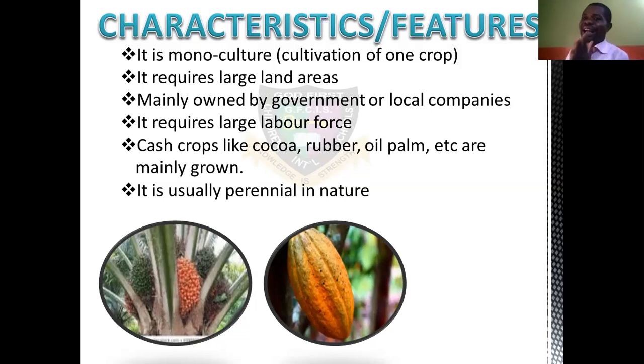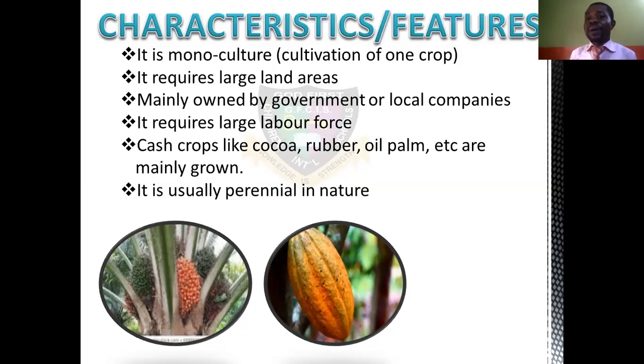Another thing is that cash crops are mainly produced, like you are saying here, the cocoa, the rubber, the oil palm, coffee, cotton, and other things. They are the cash crops. You now know the difference between cash crops and food crops. The ones being sold to make money are called cash crops. The ones being produced to consume, to eat, are the food crops, like rice, maize. So these are mainly cash crop production. Talking about the rubber, the oil palm, the cocoa, and so many others. They are mainly grown or cultivated on that land.